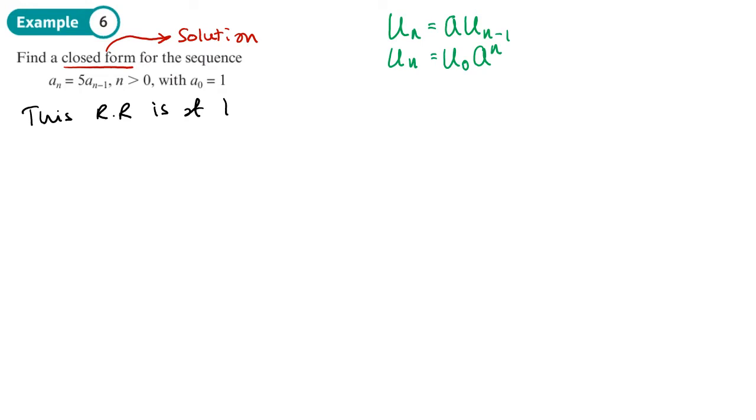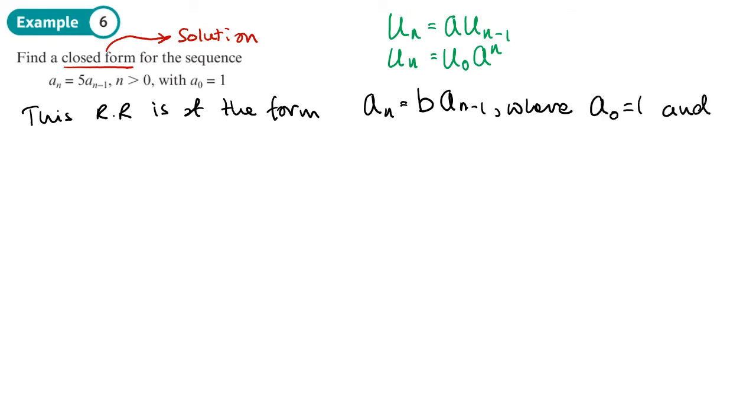I'm just going to change the letters now: my u's to a's, so a_n equals, I'll use a different letter for the a, so let's use the letter b, which represents my 5, times a_(n-1), where we have a_0 equals 1, and the solution, or the closed form, same thing,